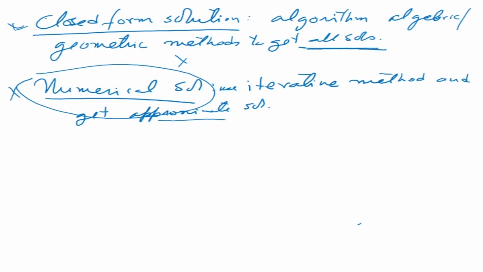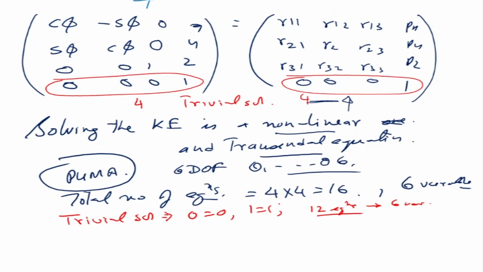Now let's go back and revisit the inverse kinematics problem, the way the problem is stated. You are given the desired position and orientation. So this is T desired, and this is my Tn to T0, that means the end effector to the 0 solution. So let's take this example of the manipulator and start off.